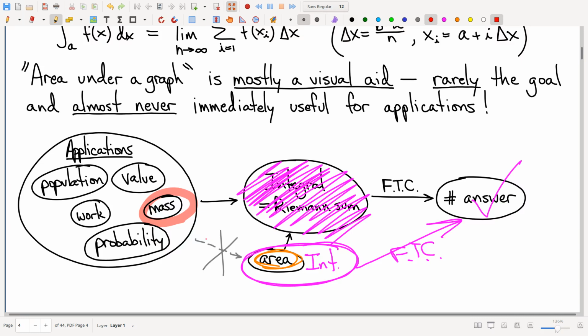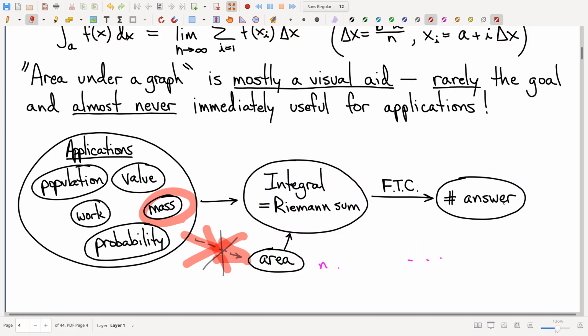So this idea that you can connect applications directly to area doesn't work. It doesn't hold any water. As an argument, it doesn't make any sense. Now here's what you can do. I'm going to abandon all of this. What we can do is